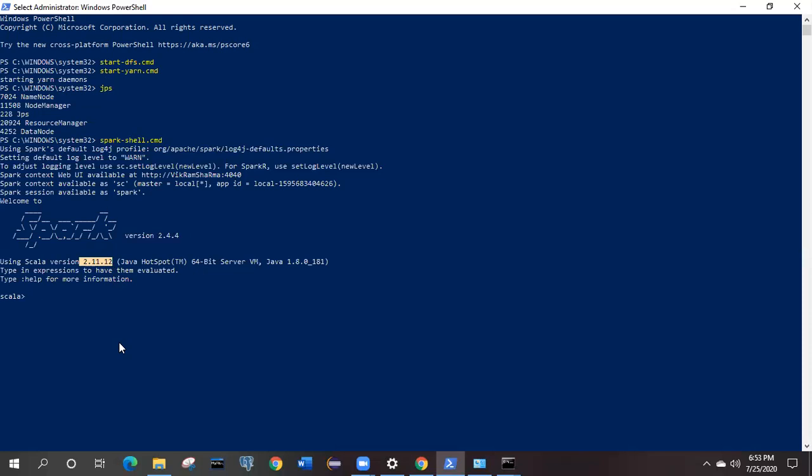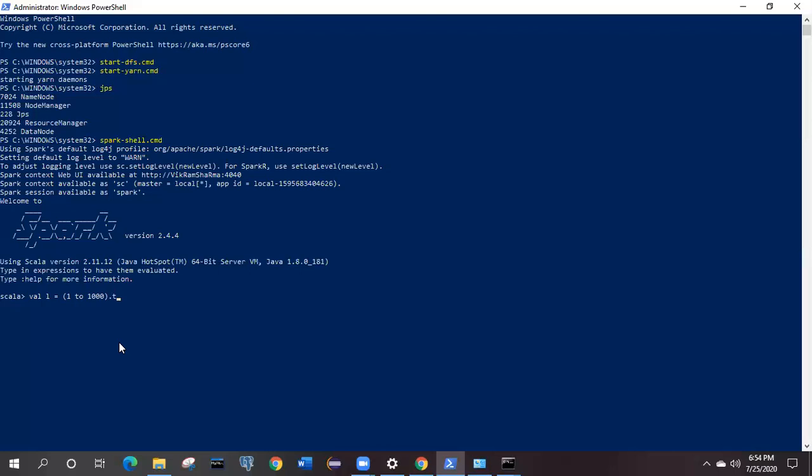We need to execute a simple command over here to see whether Spark is working properly or not. We have one Scala command. We will read some data. We will generate one list. So val l equal to, what are we going to do? We are generating numbers from 1 to 1000. How are we going to generate it?